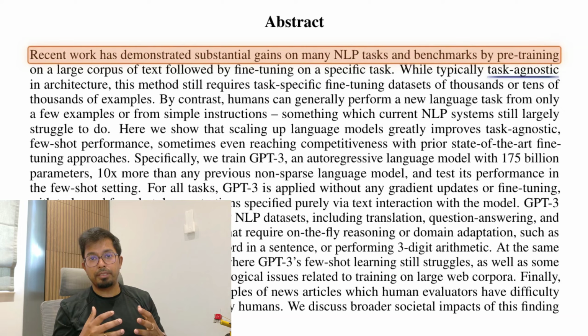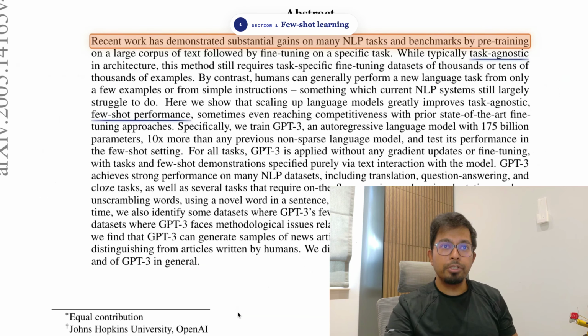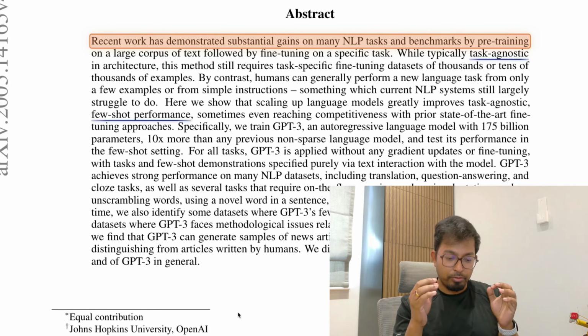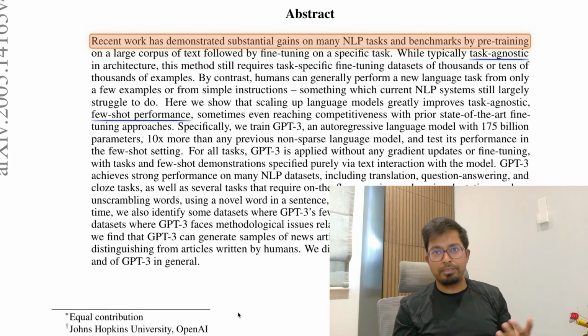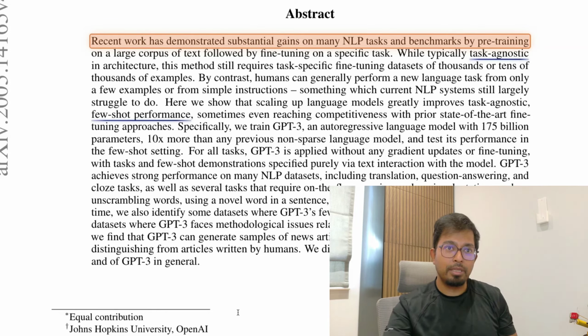Task-agnostic here means that we are not training the model for one particular task. The idea is to train the model in a task-agnostic way, and then it can generalize to multiple different types of tasks. By few-shot learning, what we essentially mean is, let's say I want the model to do a task X. Now, instead of training the model with thousands of labeled examples of that task X, I just write a few examples of task X directly into the prompt, then ask it to do one more. So we are not essentially training the model. The model weights never change. It just reads the examples and continues.